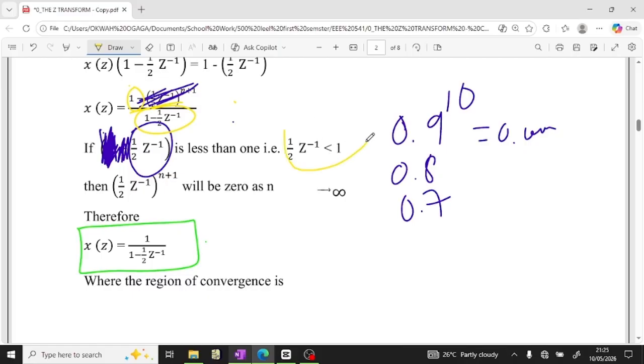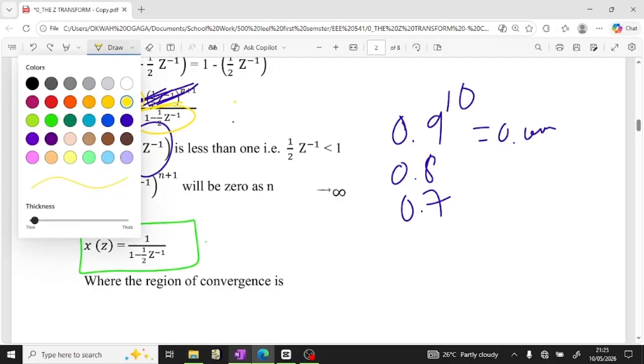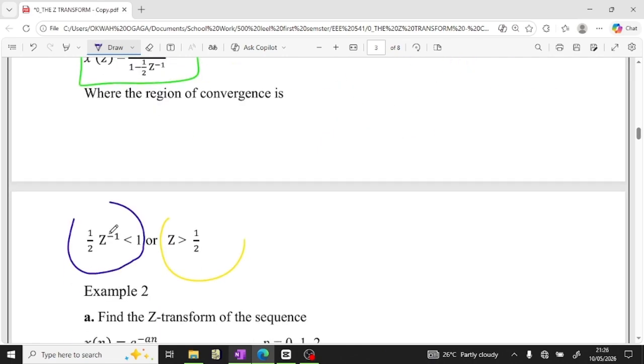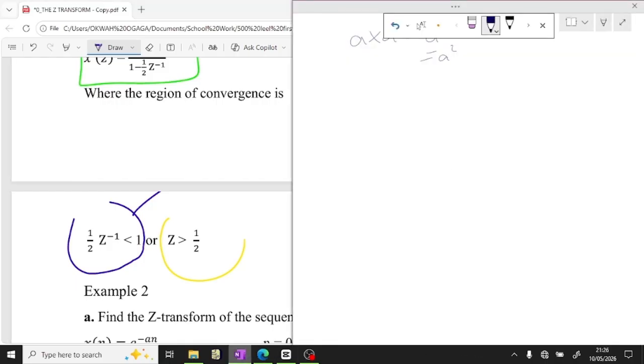So look at it. This thing, that thing you have there, that's exactly what you have here. Exactly. So you have gotten your region of convergence. That's the first one. But take it outside. Let's take it to this other side. Take it out to this point here, which is what? 1 over, let's zoom in,